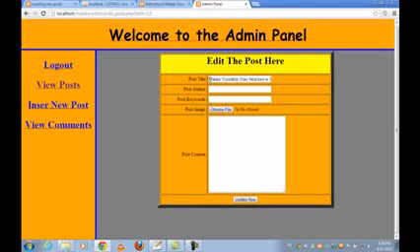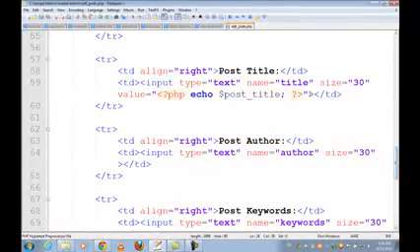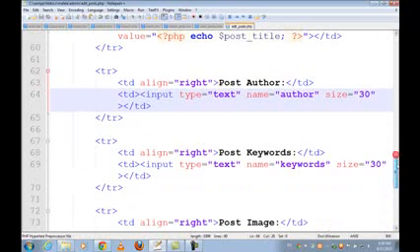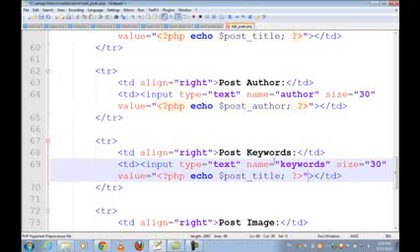and you are seeing the title of the post that we clicked on in the view post, and that post was having an ID 12, and this title is here, you can see. Now come here and just copy this value, because we have retrieved the data from the database for that specific ID, so everything should come now, and paste it here. And for the post author, we have created this variable already, and also we'll paste it here for saving time, and the post keywords, this is